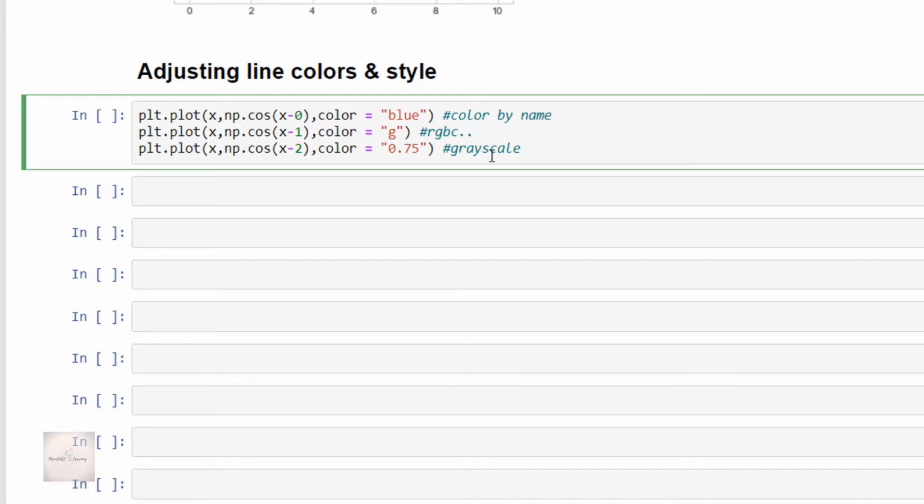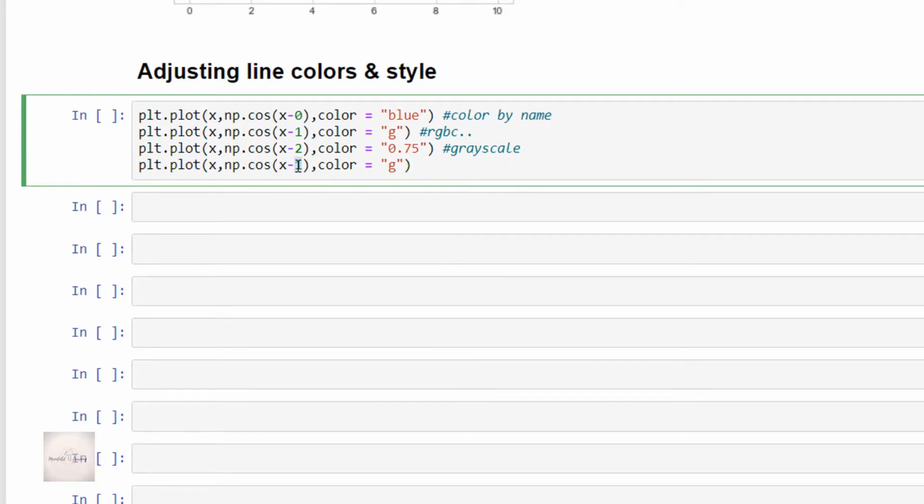Next, I'll write plt.plot of x comma np.cos of x minus 3 comma color is equal to hash ffdd44. Here I am specifying the color using the hex code, and the hex code for the primary colors, that is RRGGBB, varies from 00 to FF.